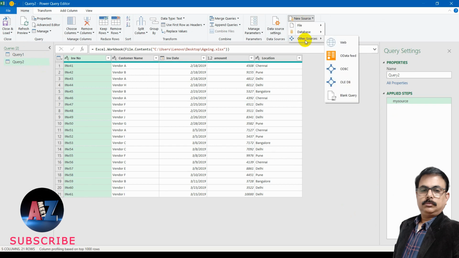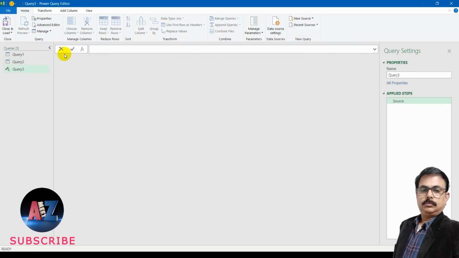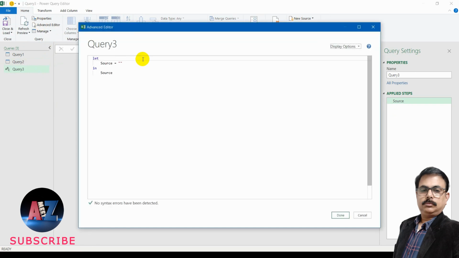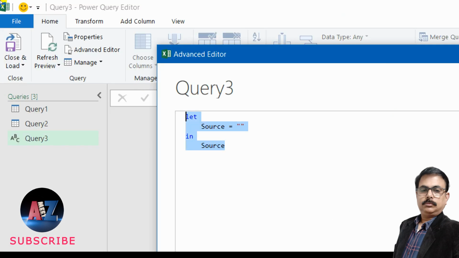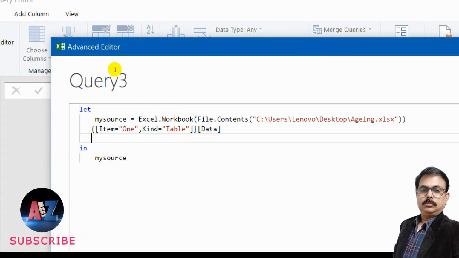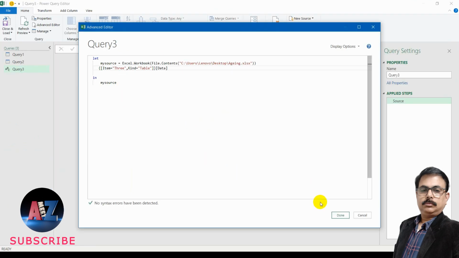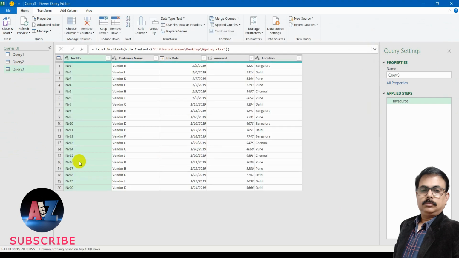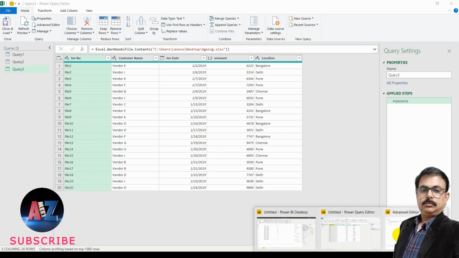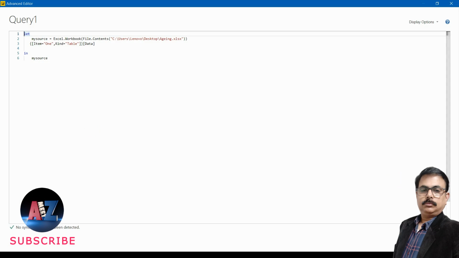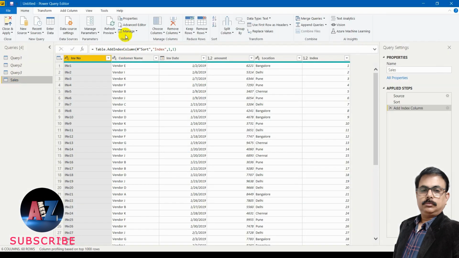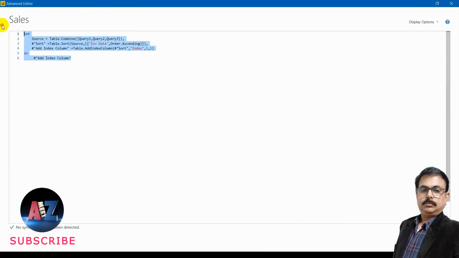Again new source, blank query. There advanced editor. There I am replacing the code and saying it is not 1, it is 3. And if I press done, this is also created. Now let me borrow the second code. Go to the advanced editor. Let me cancel it. Go to the sales, select advanced editor, and then copy this entire